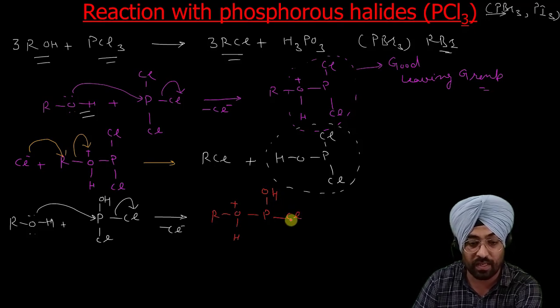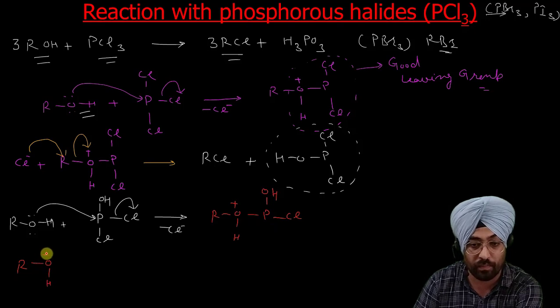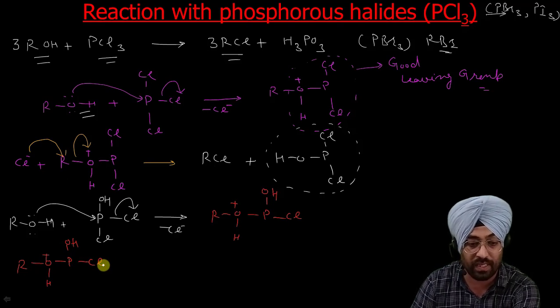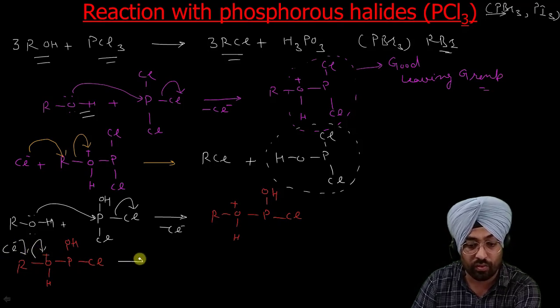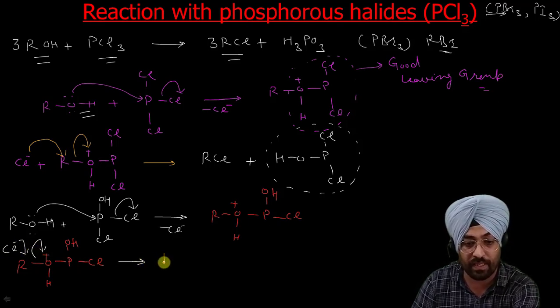Now in the next step, this ROH positive POHCl gets attacked by Cl negative. It attacks here, so it goes here. So what you get is RCl plus